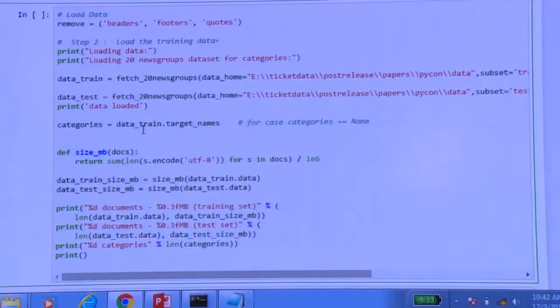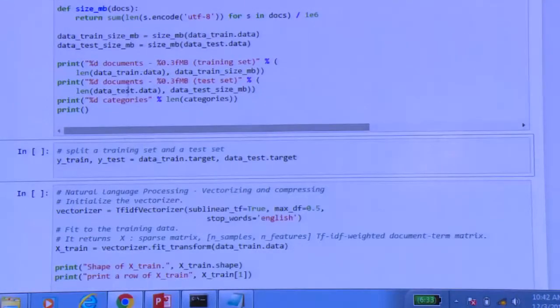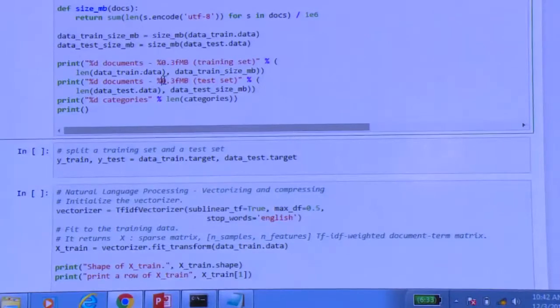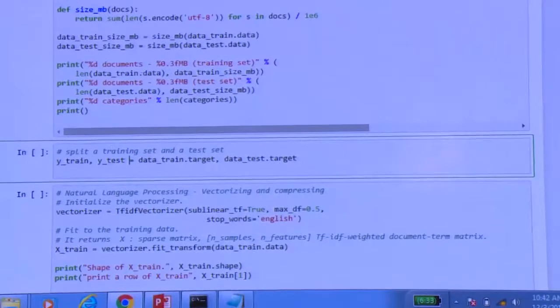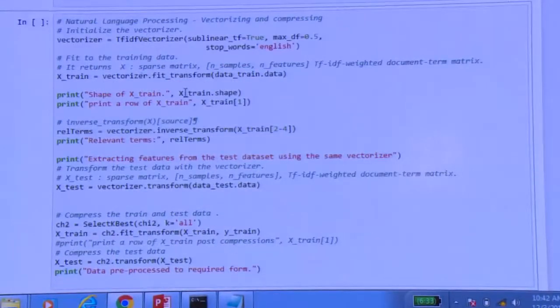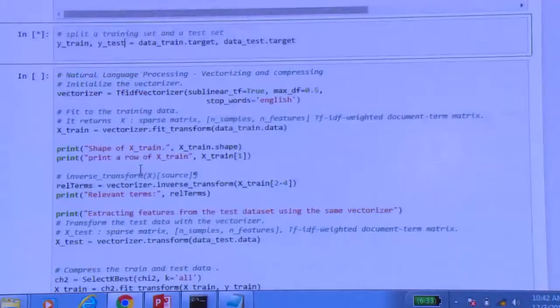Like you just have to read from a file and place it as the output as a part of a list. So at the end of this particular block of code, you would complete loading the relevant data into the Python library, into your code. And at the end of this section, you would split your data into the training and test set. So you'll have ytrain and ytest, which hold the labels for your training and your testing.